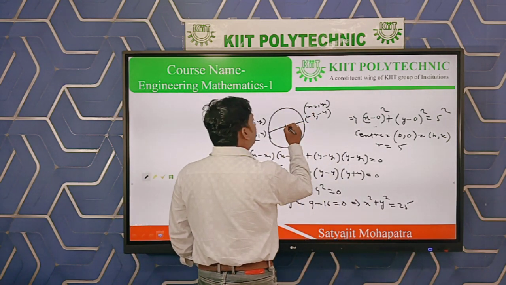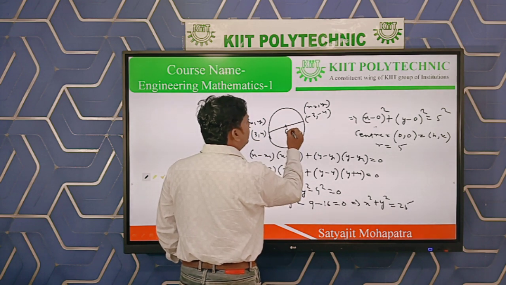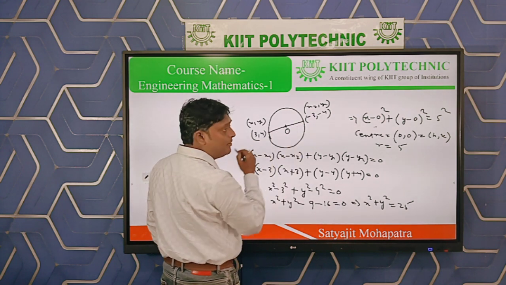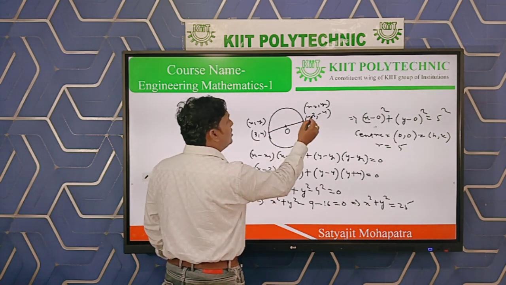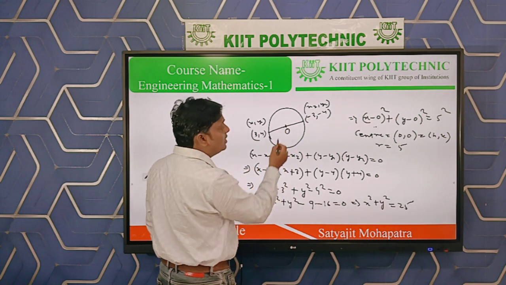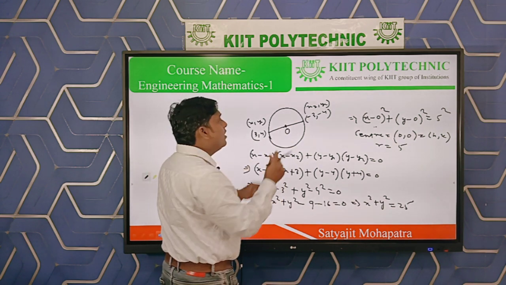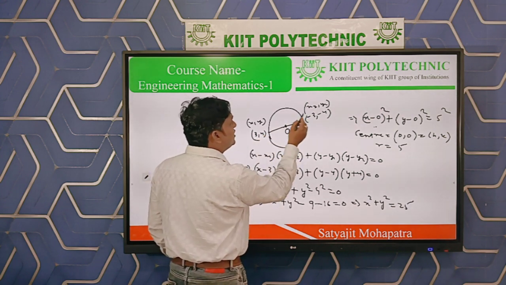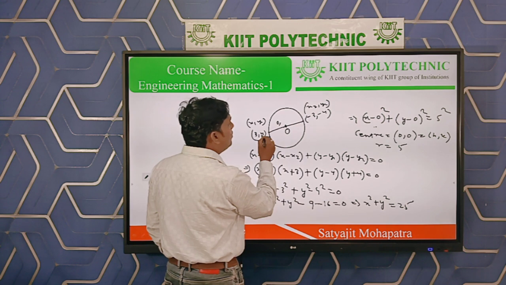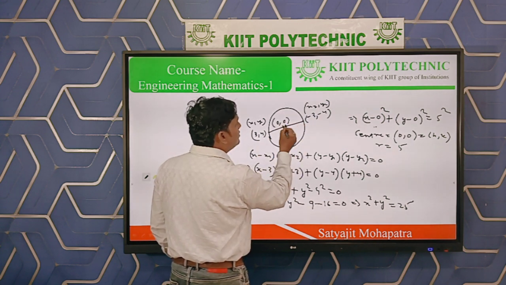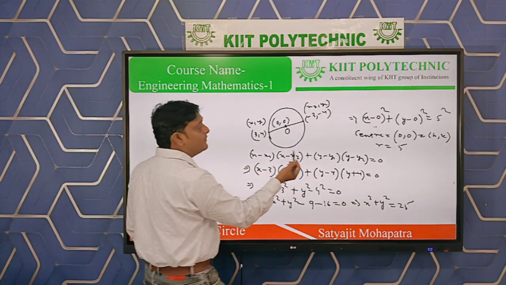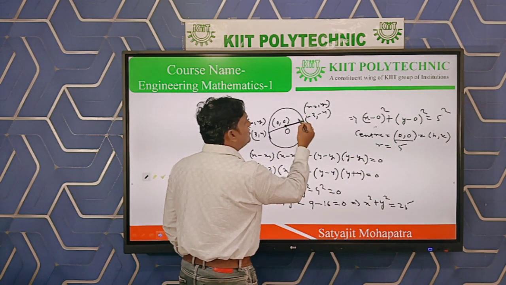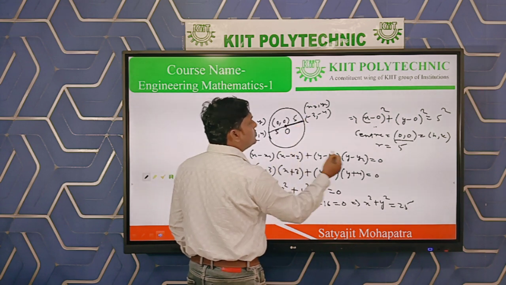In this way, from the figure you can also find the center. Suppose the center is O. How to find the center? For the end points of the diameter, just do x1 plus x2 by 2 and you will get the center, because the center is the midpoint of the line segment joining both the end points. 3 minus 3, 0 by 2, 0. 4 minus 4, 0 by 2, 0. The center you got is 0, 0. And you just find the distance. This distance will definitely be 5, which will give you the radius.